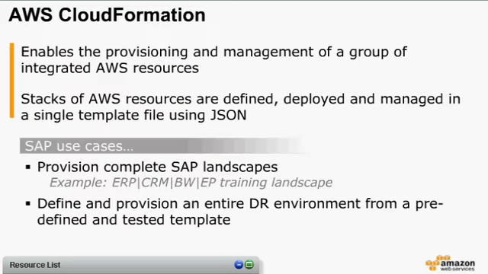Another service that we offer is something called CloudFormation. There's no cost with CloudFormation, but it provides a framework whereby you can provision and manage a group of resources. So let's say you wanted to completely automate the setup of your virtual private cloud, your subnets, and deploy an SAP environment. This is exactly what we're doing with the Bring Your Own License version of HANA on the AWS Marketplace. When you go through the provisioning process, this launches you into what we call a CloudFormation template,